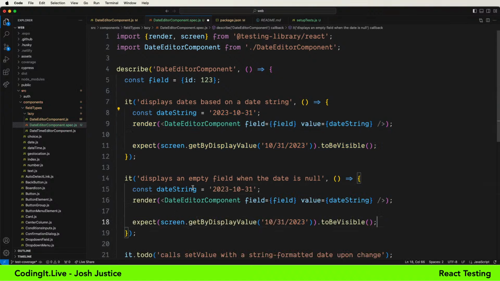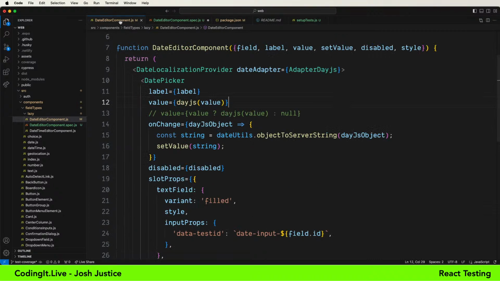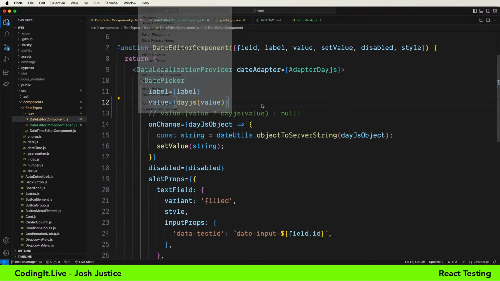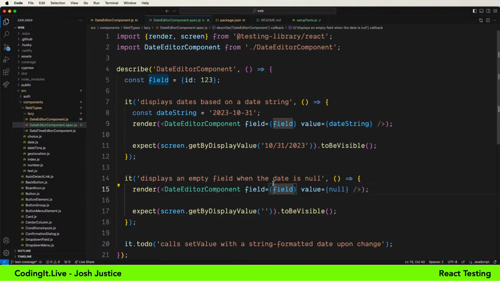Copy and paste this. We'll just say value equals null. And we may be able to say, because there's just one field being rendered, get by display value empty string to be visible. Let me go back to the working code and see if that test even asserts correctly. Save this test.